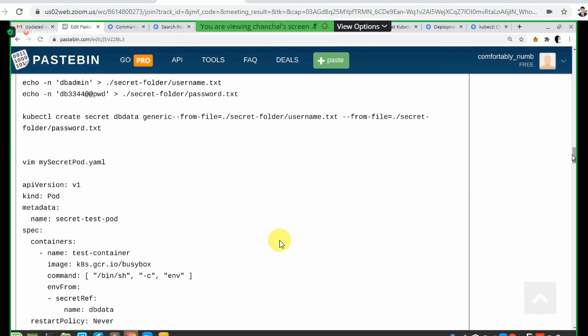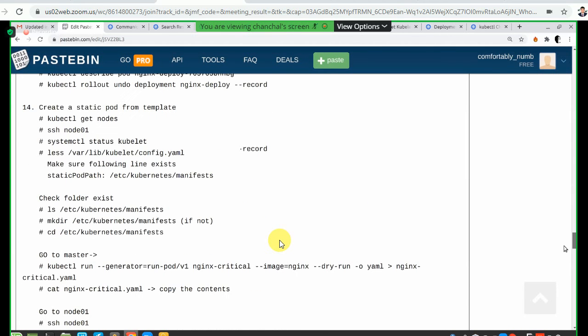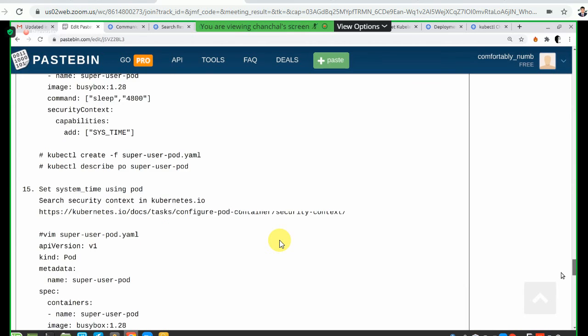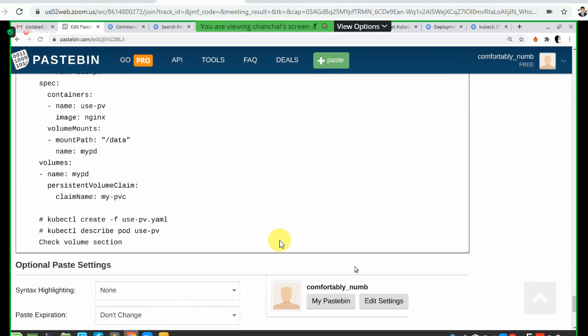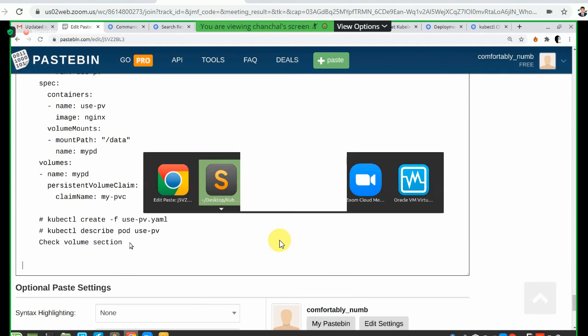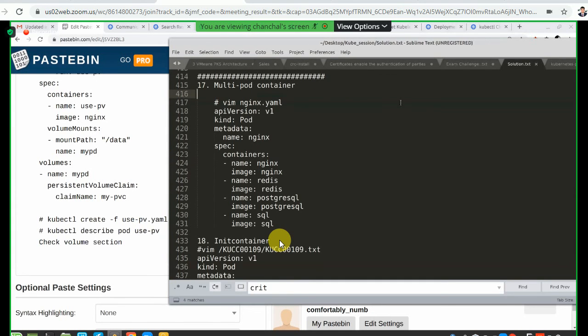So let me find out whether the multi-pod container solution is updated here or not. 15, create a PVC, use pod. No, it has not been updated. So I'm updating the solution for the multi-pod container.